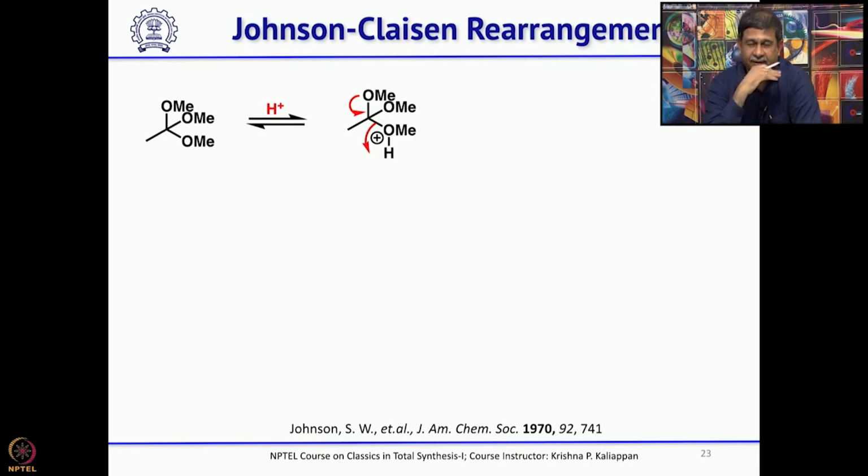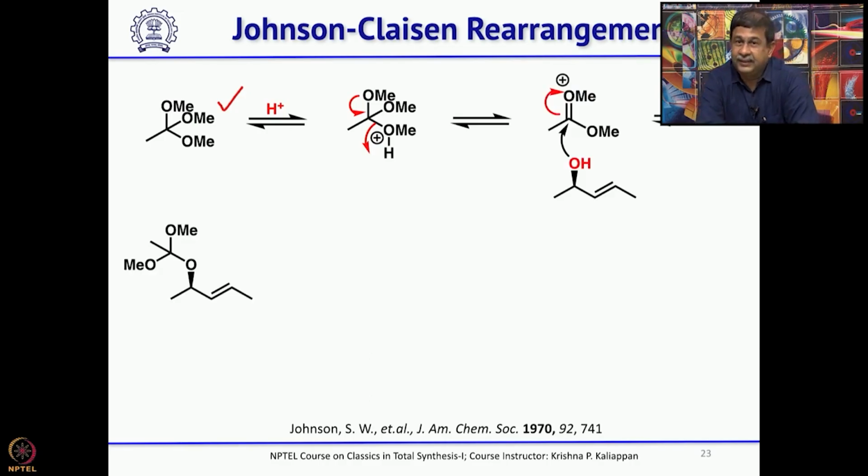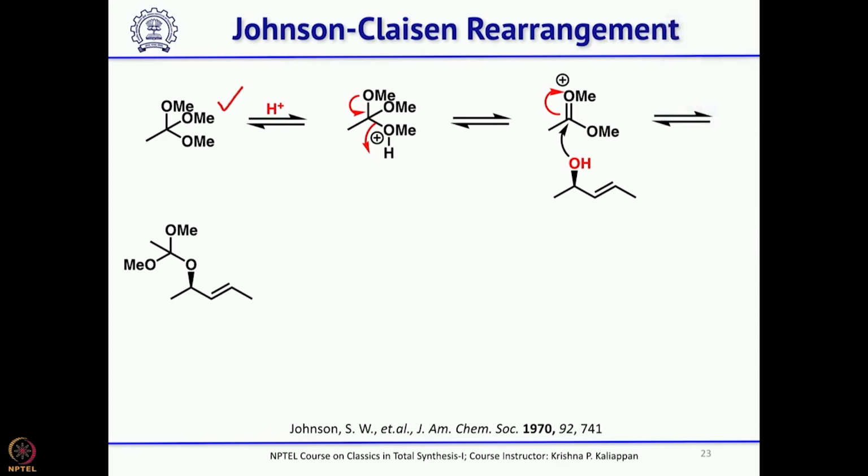So, you can take a trialkyl orthoacetate. For example, if you take trimethyl orthoacetate and treat with acid, one of the methoxy groups will be protonated, and the lone pair on one of the oxygens of the methoxy group will push the methanol out. So, you generate an oxonium ion, and the allylic alcohol, which is normally required for the Claisen rearrangement,